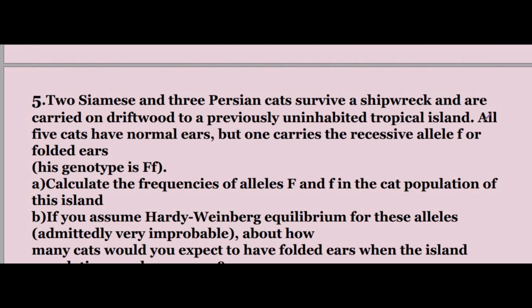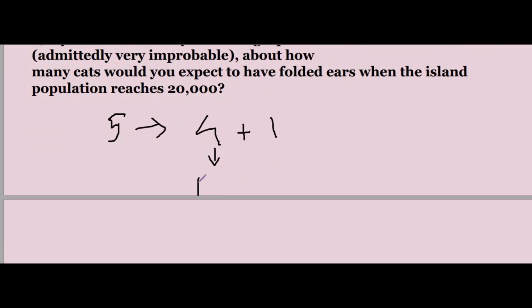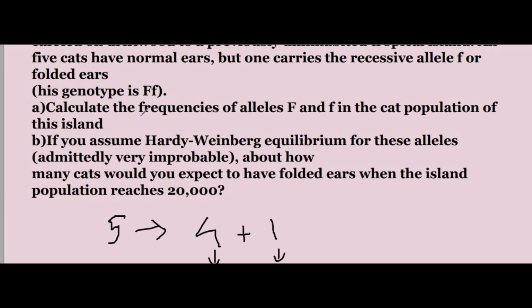Okay, and it is given that all have normal ears, but one carries the recessive allele small f for folded ears, and his genotype is capital F, small f. So out of 5, 4 will have capital F, and this one will have capital F, small f. Okay, so we have to calculate the frequency of alleles capital F and small f in the cat